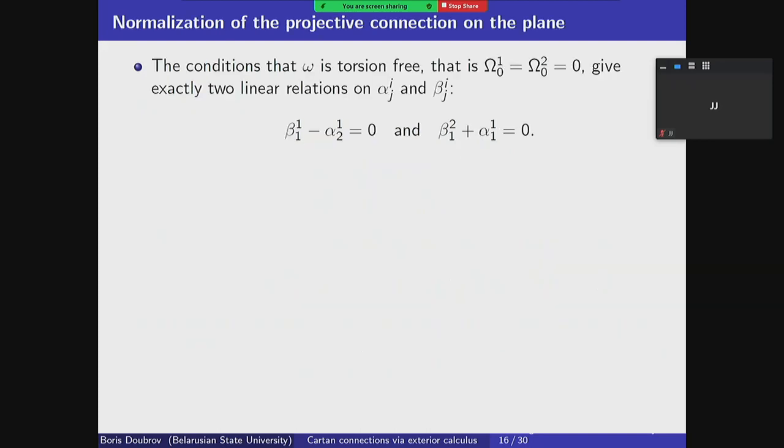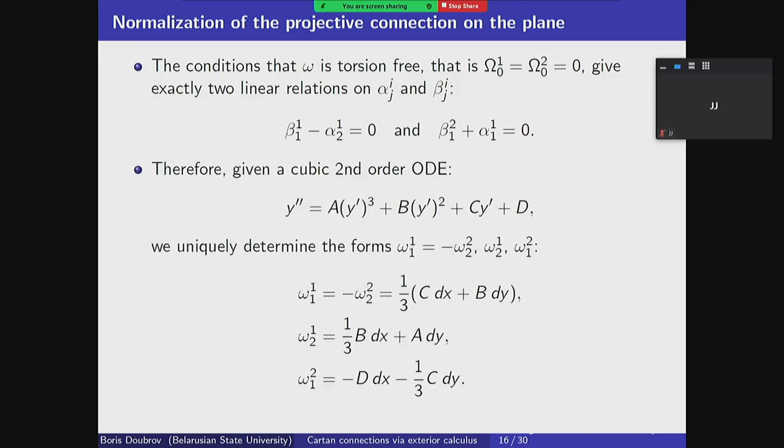So first, we impose the condition that we are torsion free. We have to see this: omega 01 and 02 are here in our matrix. So you want them to be 0, and that will exactly mean that we are in a torsion-free case. Very explicitly we compute them, and it turns out that this gives us exactly these 2 missing linear conditions on the coefficients of forms omega ij. So with these 2 conditions,